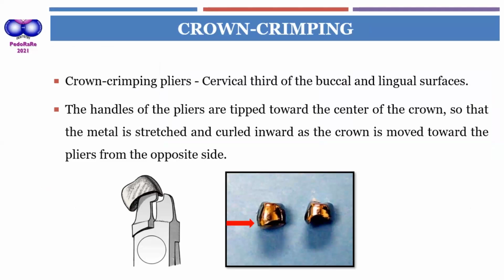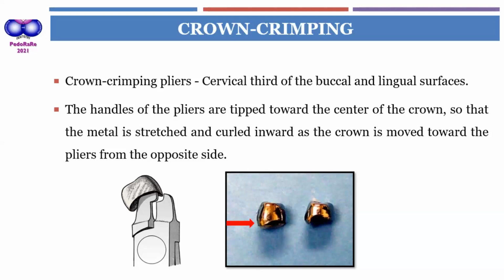Once the contouring is done, then we finish it. Then we look at what exactly needs to be contoured. With the crown contouring pliers, once the contouring is done, what is important to remember is the finish lines, especially on the proximal side, because that is where the secret lies. So you are contouring, finishing the proximal sides, and then once you feel that the fit is stable, there's no blanching, then you take the crimping plier and just at the cervical third, pinch it